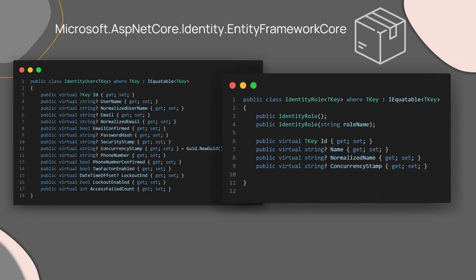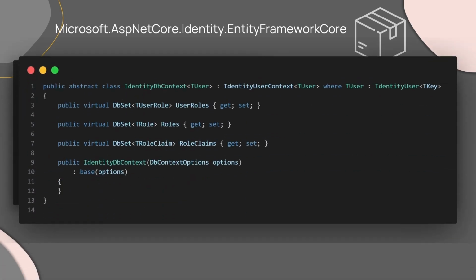Next to that, also as a base class, we'll have the IdentityRole class, which will define what roles the user is in. So a role is basically a key value pair for its ID and the name as the role definition. With those base classes, the identity package will then also offer a class that is going to represent the IdentityDbContext, with which we can extend our own DbContext,